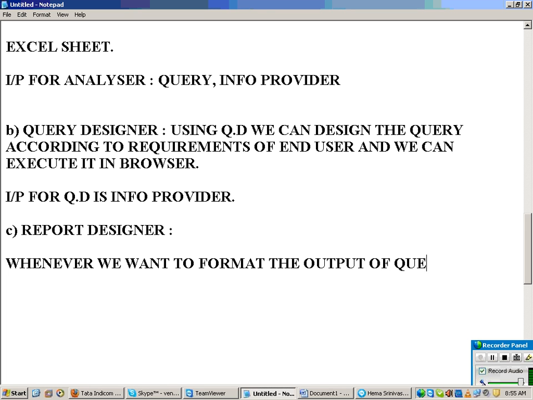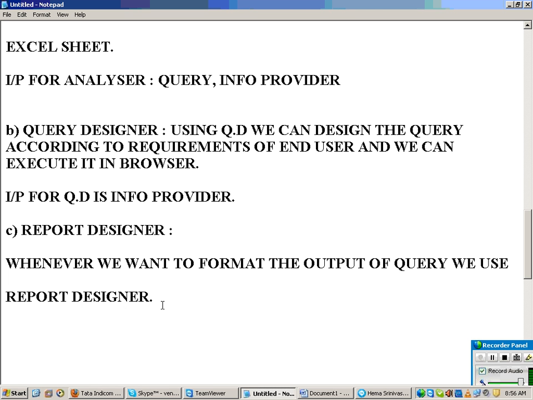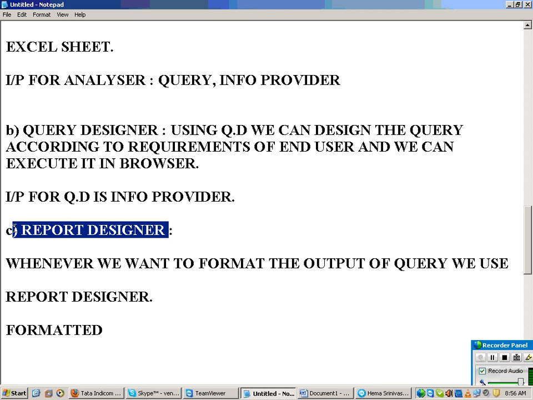The concept name is crystal reports, and actually there is an application also called Crystal Report, but that has been acquired by BO. To design crystal reports, the application we use is the report designer.